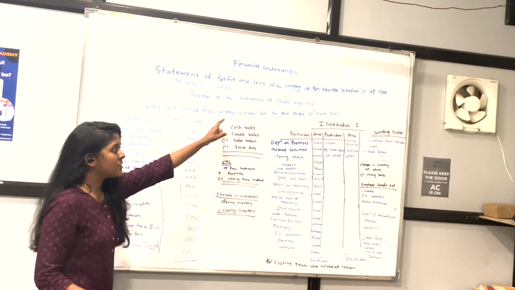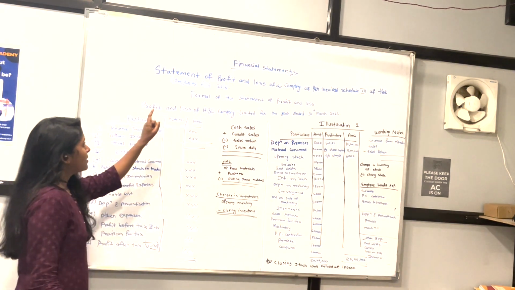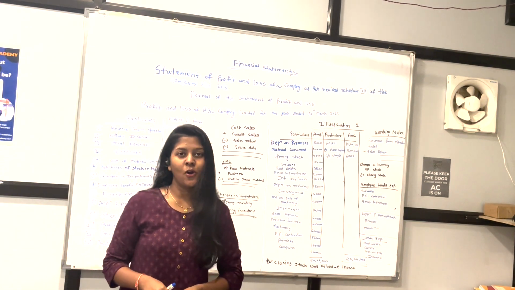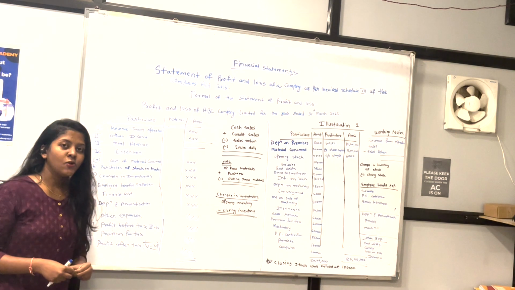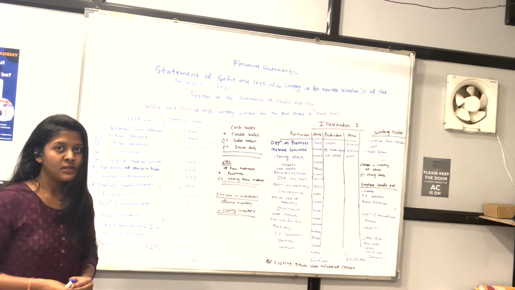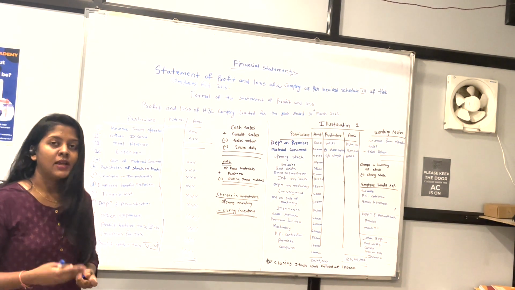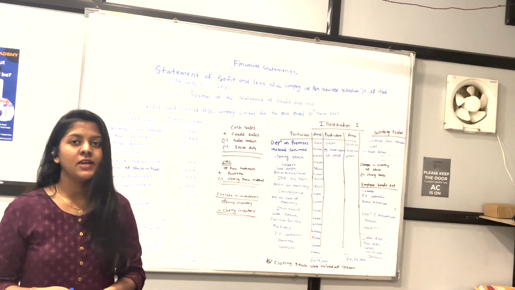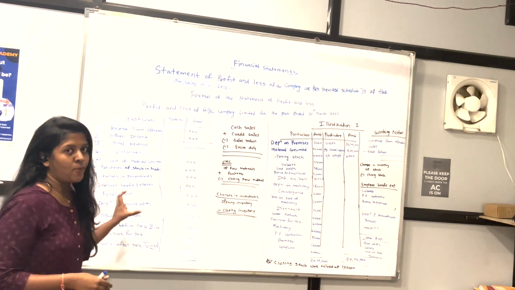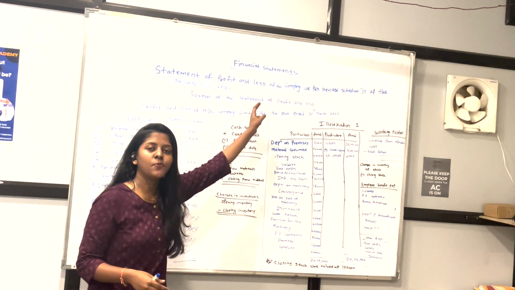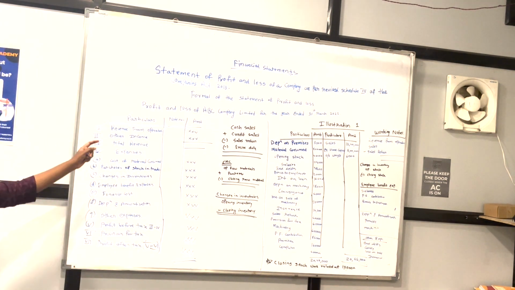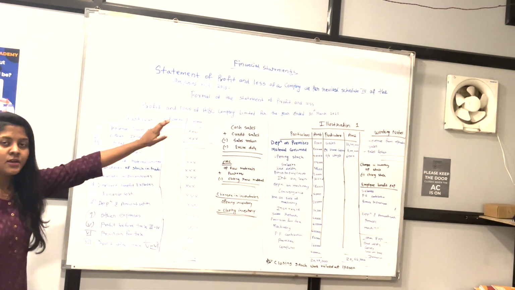Now, the format of the statement of profit and loss account. As I told you, the profit and loss account is also called the income statement. It is also called a nominal account. As we know the golden rules of accounting: real account, personal account and nominal account. A nominal account debits all the expenses and credits all the incomes and gains. But in this format we are putting everything under one head.